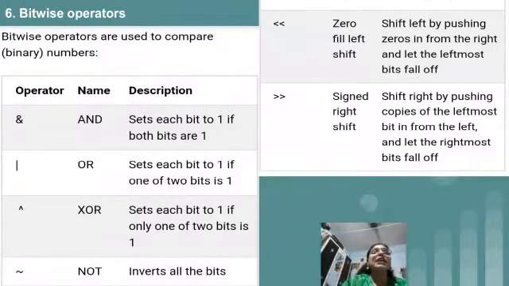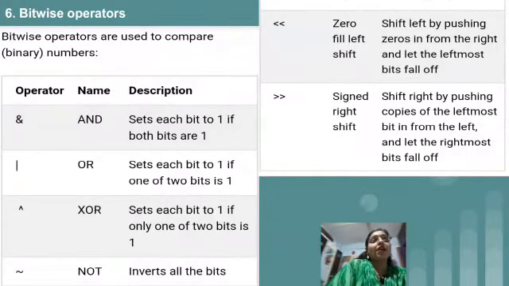After that we have the bitwise operator. Now this is very